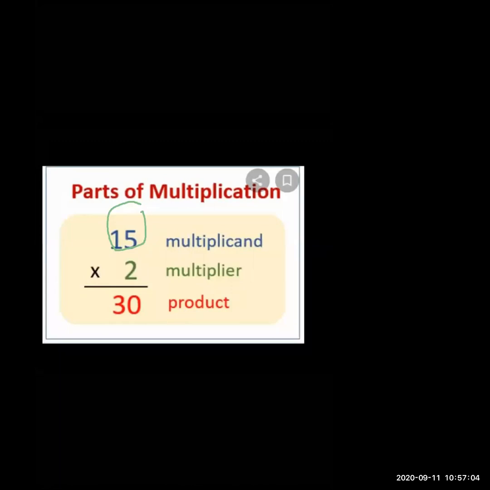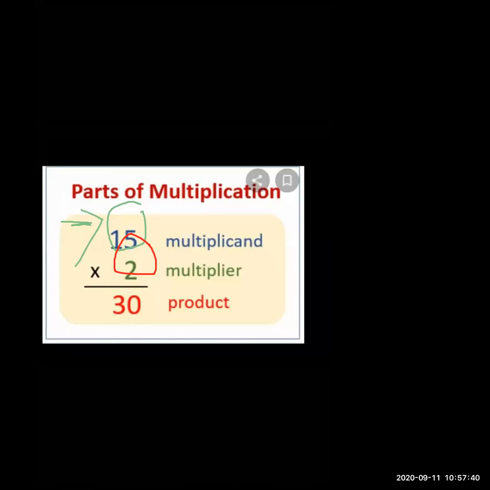We are going to multiply by one digit, 2. Two digit into one digit. So what is the name of the first number? It's the multiplicand. The second one is the multiplier, which I am going to show you in red color. Look properly at what I am going to show you. These numbers have specific names, so everyone keep them in mind. First number is the multiplicand, and the second one is the multiplier.